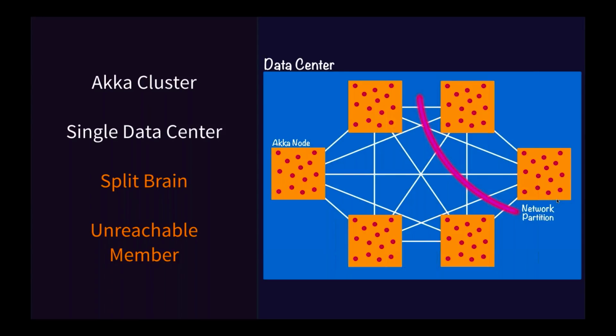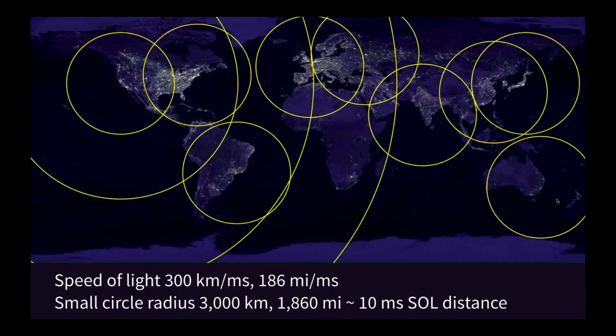Now, let's start to split things out in a more broadly distributed environment. A lot of people have been asking for this for a while, where we want some nodes in the Akka cluster to be in one data center, and other nodes to be in another data center. Things get interesting here. So I had a little fun, and I grabbed a world map, and did a little bit of math and calculation here, nothing elaborate.